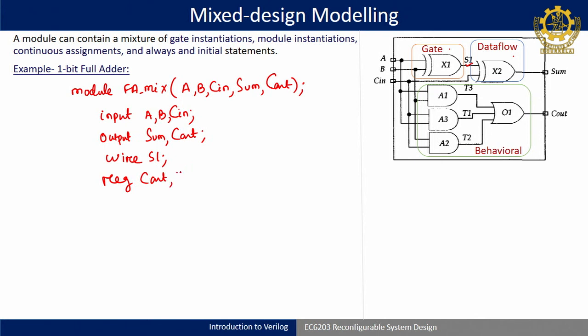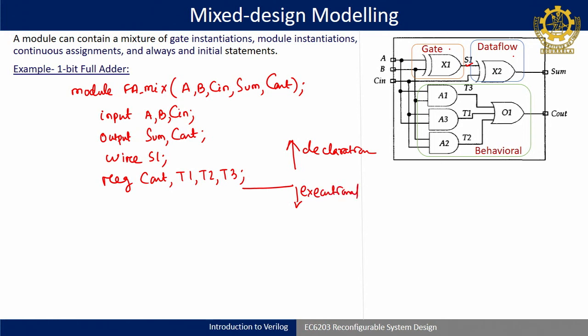Then also I am declaring T1, T2 and T3, because in that behavioral always block I will use an always, in that I will assign T1 as AND operation of 2 inputs. So some sort of assignment will also be there for T1, T2 and T3. And also in that Cout will be assigned with T1 or T2 or T3. So that's why I have assigned all declarations, now over. So up to this, you just remember this, my declaration part is over. Then below this I will write down the executional part.